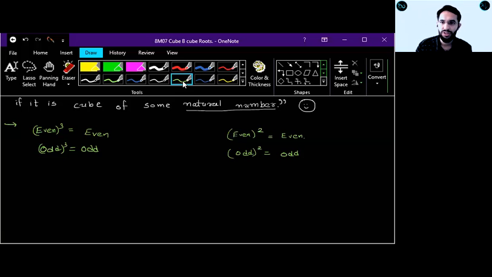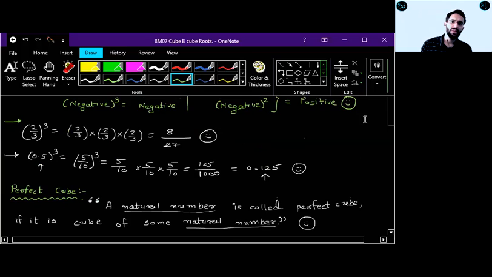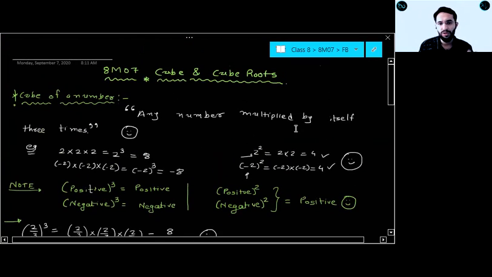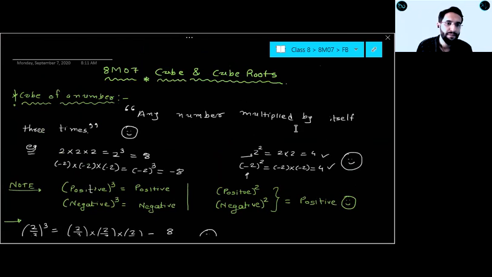But before starting questions based on cube, do you remember one thing: we have seen two tables in square? One was about squares from 1 to 10 and one was about their unit digits. Definitely, Samar, cubes of decimal, negative and fractional numbers are possible. In our examples we have taken -2 cube is -8, 1/2 cube is 1/8, like that.